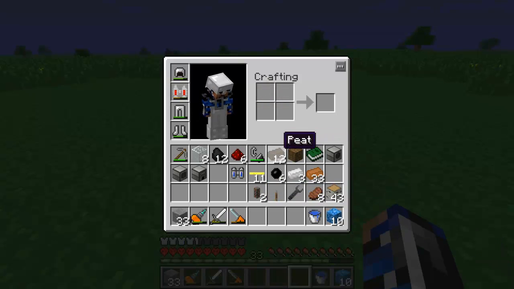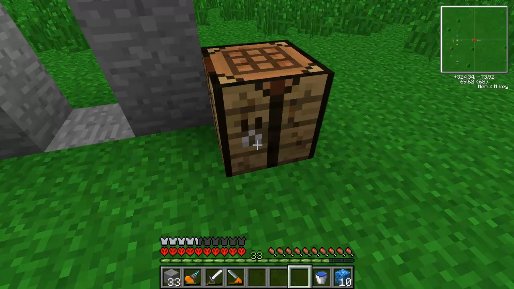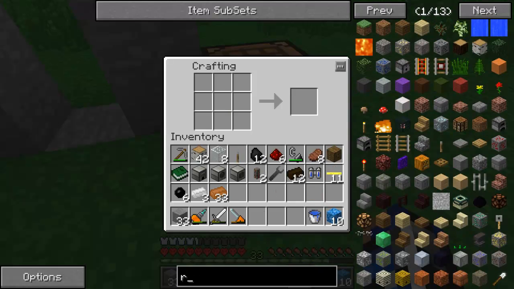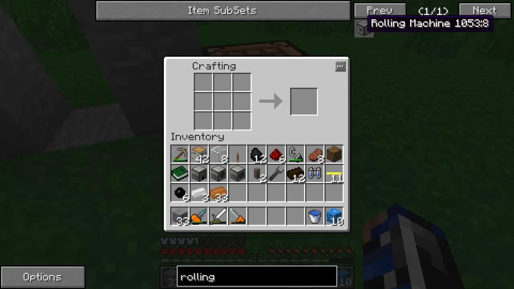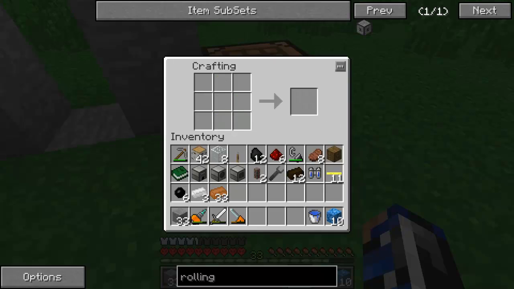Now I'm hoping it actually does connect together with it when I create it, because if it doesn't, it's just going to be a pain in the butt. The main thing we're going to want to make is the rolling machine. So the rolling machine is something that's going to be required in a lot of recipes with